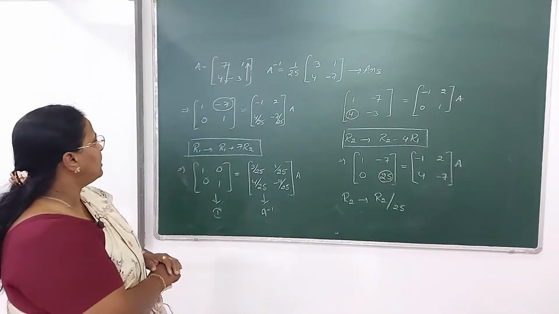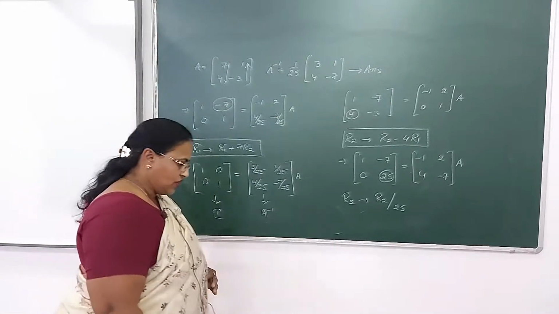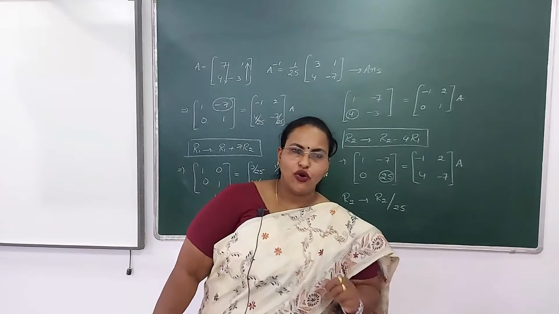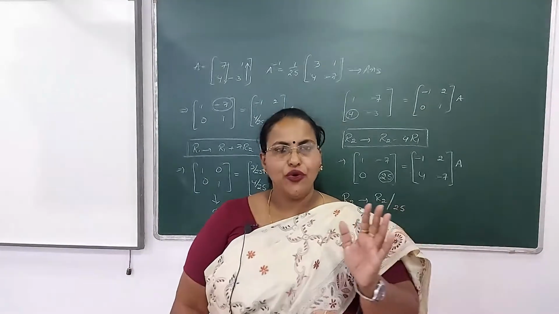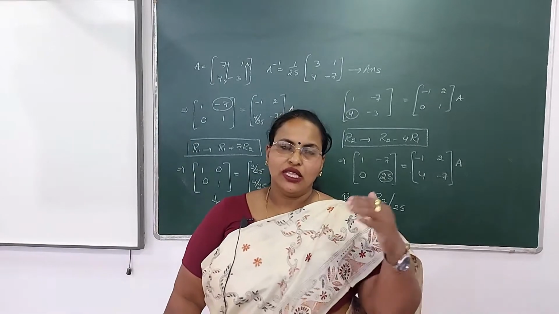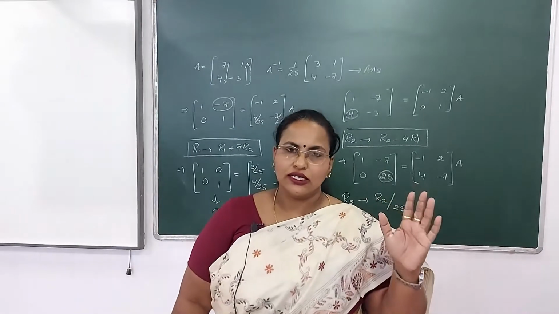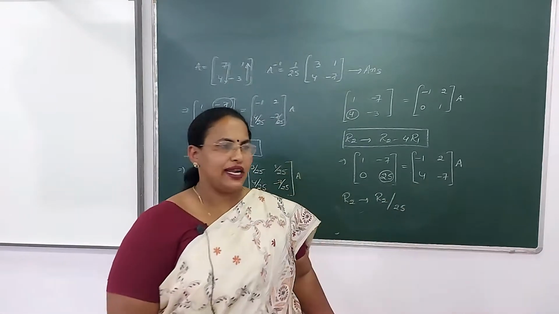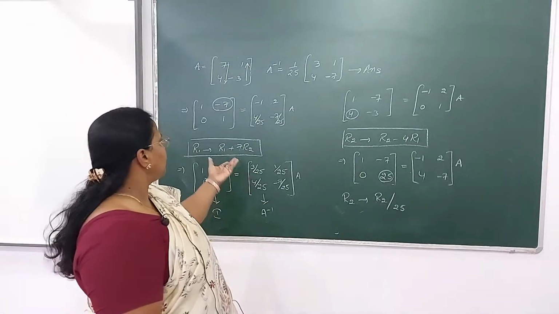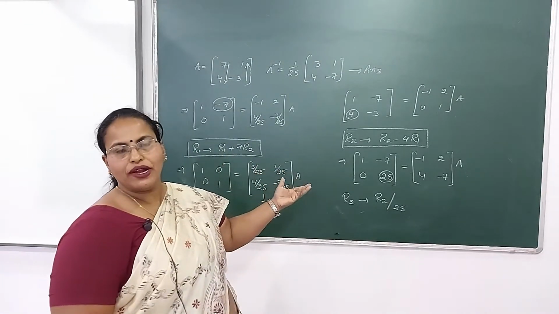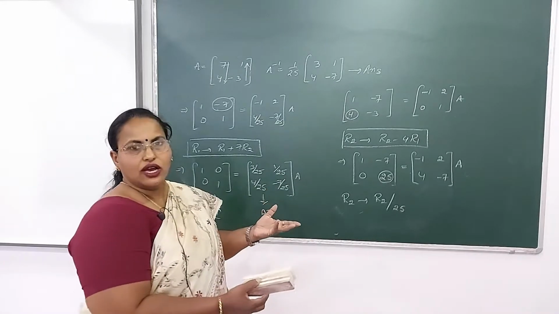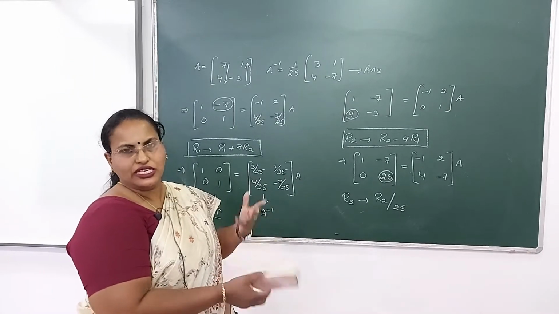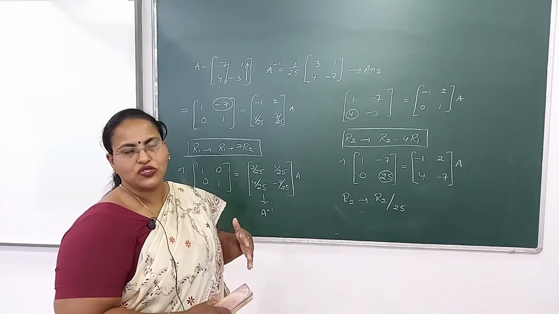So I hope children the loop is clear to you. If you are going for row transformation, then the loop will be column wise. If you are doing column transformation, then the loop will be row wise. Okay, one more example let me take. Now this was a very easy one because a square matrix of order 2 itself is very easy. You can get the answer very easily.